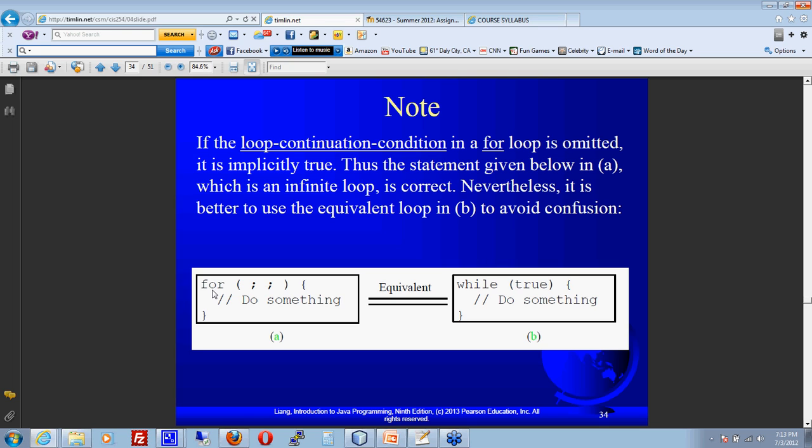Also, what you can do is you can actually create what we would call an infinite loop. You can do one if you leave everything empty. So you have the 3 parts because that's required, but you just don't put anything there. In that case, you're creating what's called an infinite loop, intentionally creating an infinite loop. This is almost never something you want to do. There are a couple of exceptions, but they are more